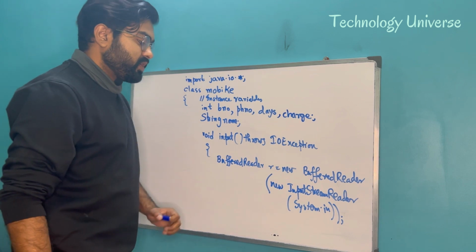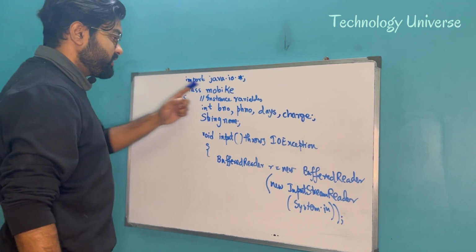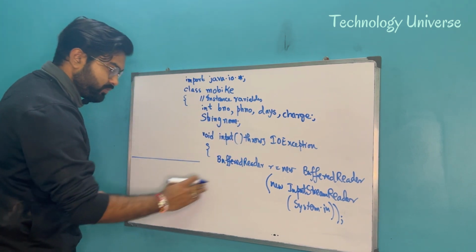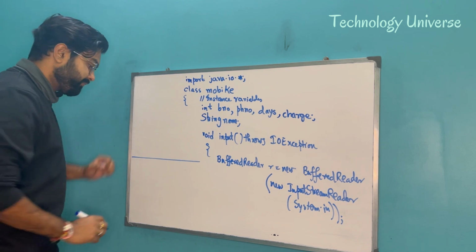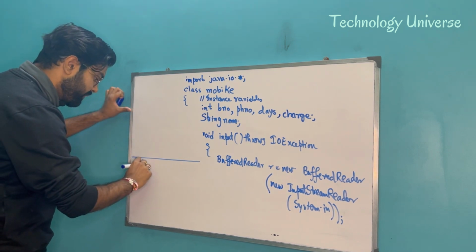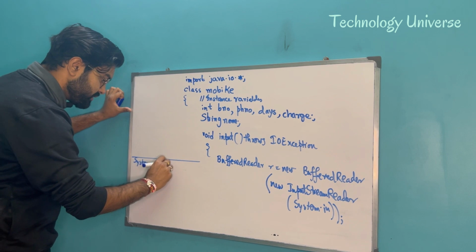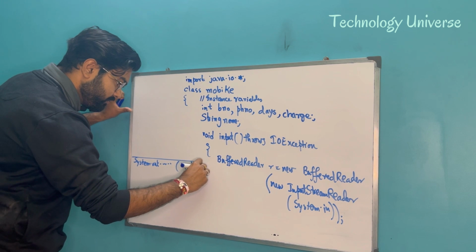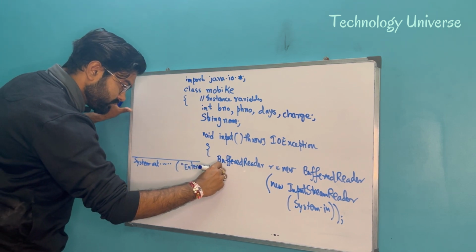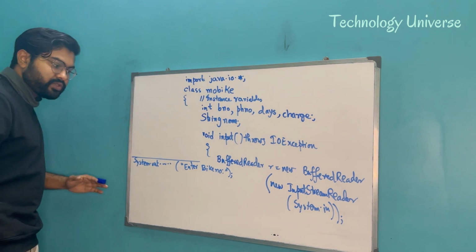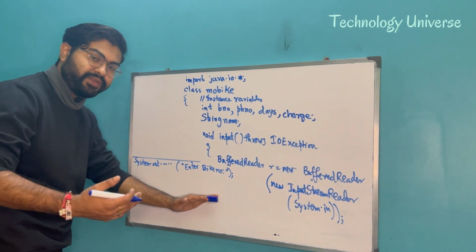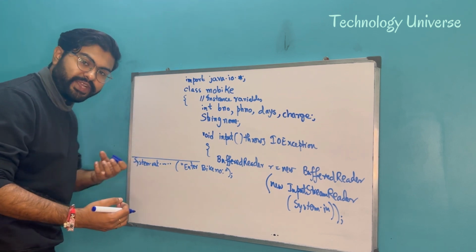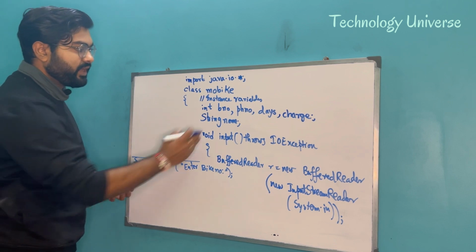After taking the BufferedReader object, what do we have to do? We have to take the inputs. First input is the bike number, then phone number, days, charge, then name. So after this, we would start from here. The first task is to input the bike number. I am giving a System.out.println like a prompt to the user: enter bike number. After the user sees this prompt in the console window or the terminal window, the user would enter the